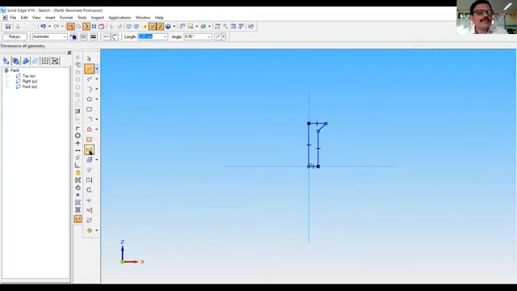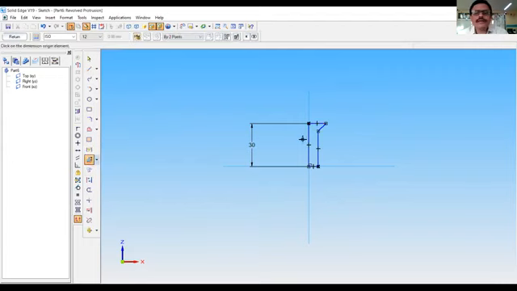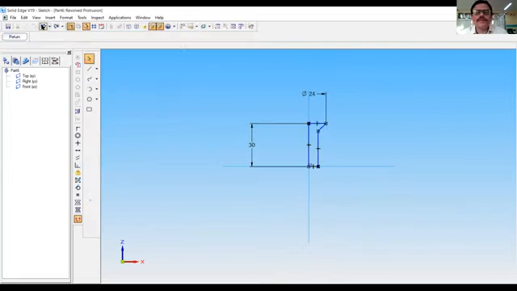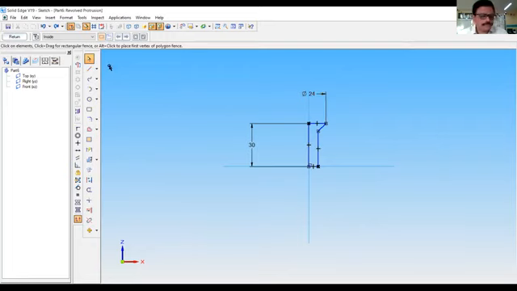Okay, now let's get back to the dimensions. This dimension is 30 and symmetric diameter, from here to here it is actually 12. No, we'll do it like this. It is 24, symmetric diameter 24.